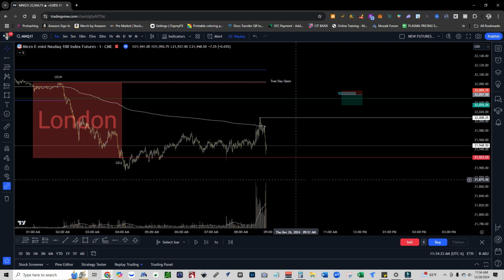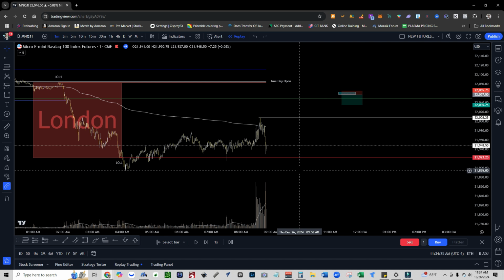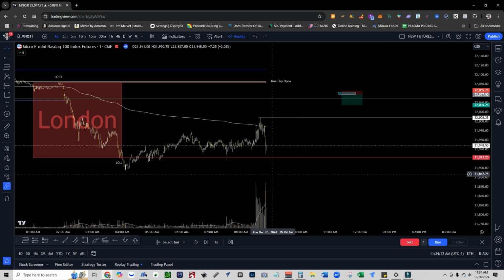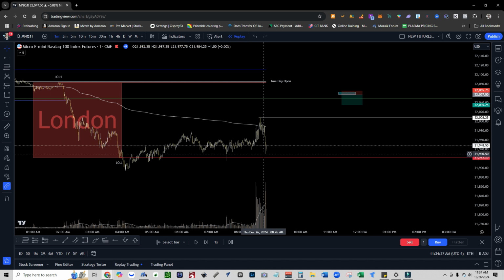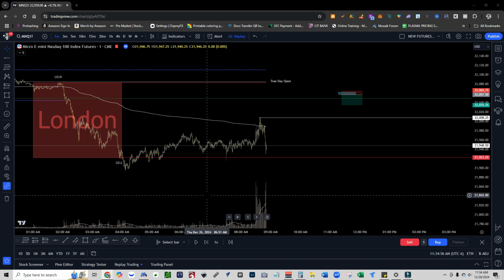So anyways, let me show you guys an example of a bullish fair value gap setup, and then also a bearish fair value gap setup. This is the trading action for December 28th at about 11:34 a.m., but this price action was earlier, about 8:30, 8:45. Like I said, in between that kill zone of 9:30 to 11 a.m. Eastern time. I live in Texas, so I'm an hour behind.